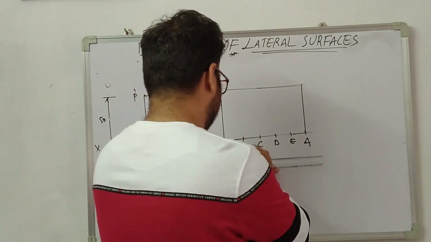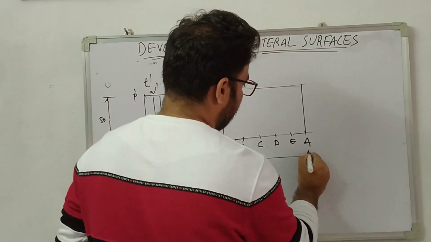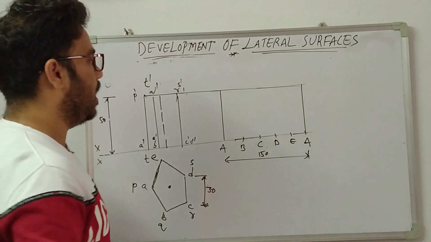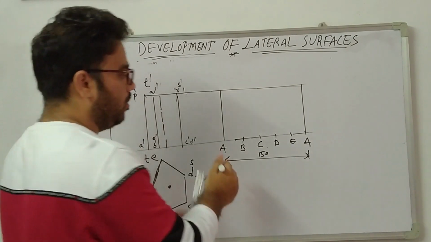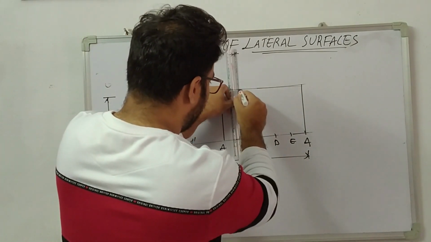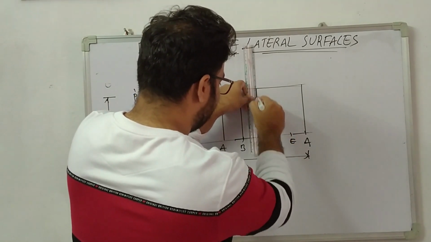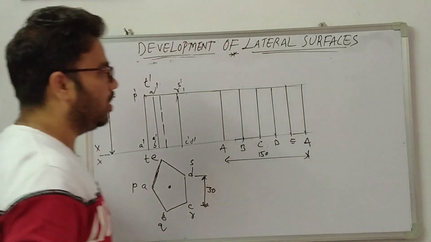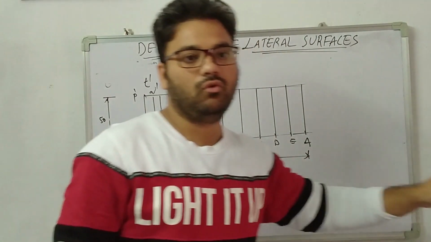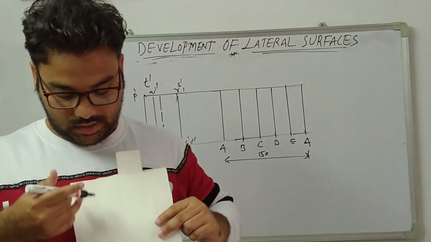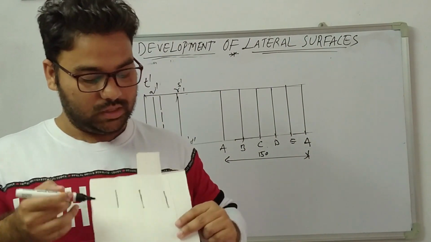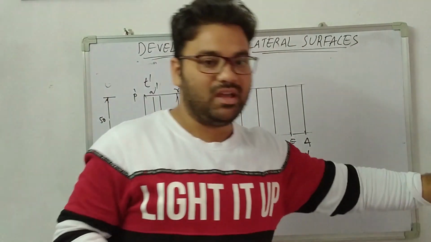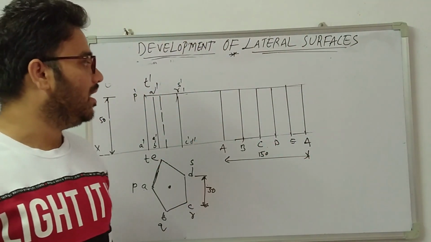So what is this length? This length is going to be 150 mm. The height is already mentioned, that is 50 mm. Now from point B onwards, draw the longer edges. We have to show the longer edges in this diagram. Whenever you unfold it, you can see the longer edges also. These are the four longer edges you can see for a square prism. Here a pentagon is asked, so we can see the 5 longer edges.